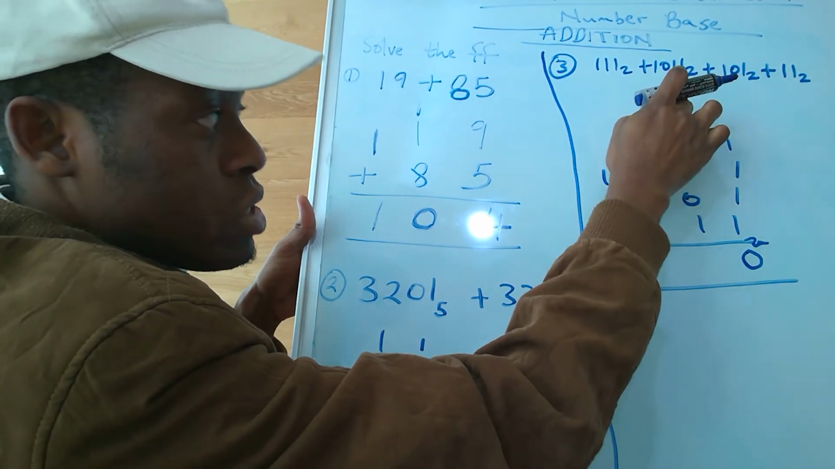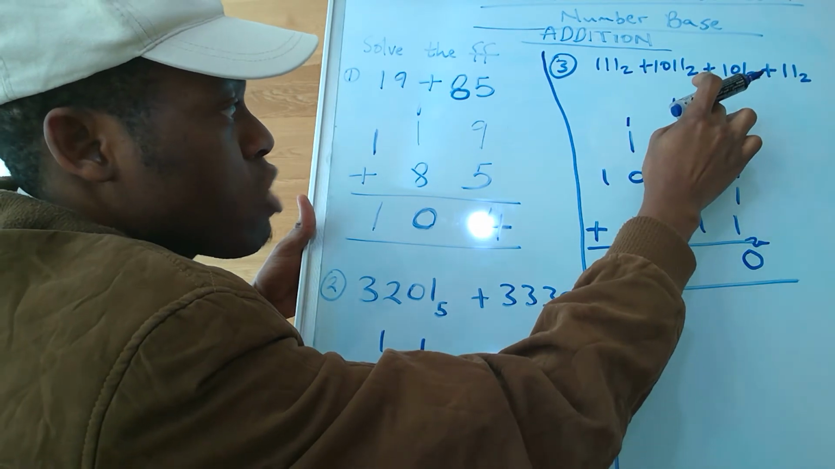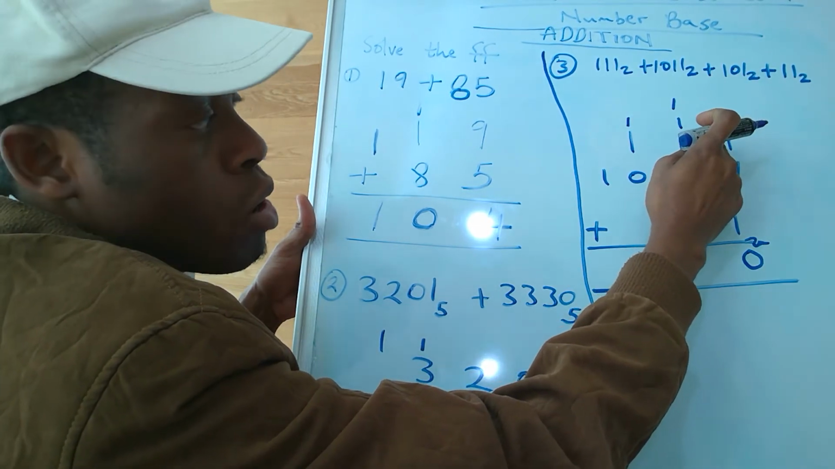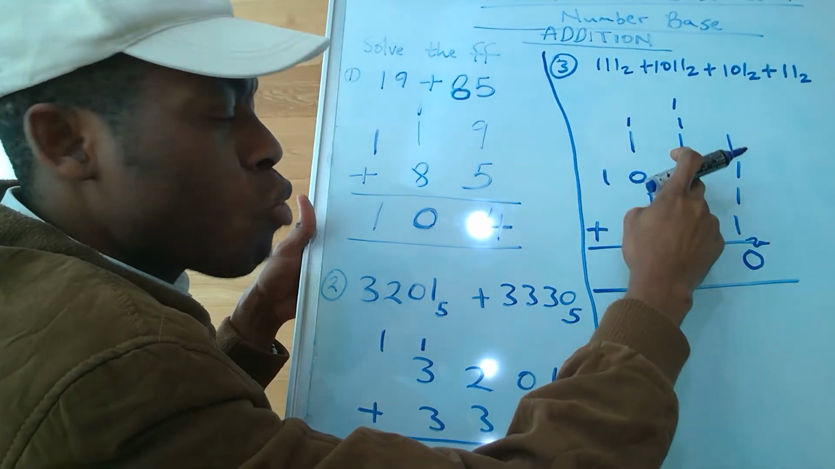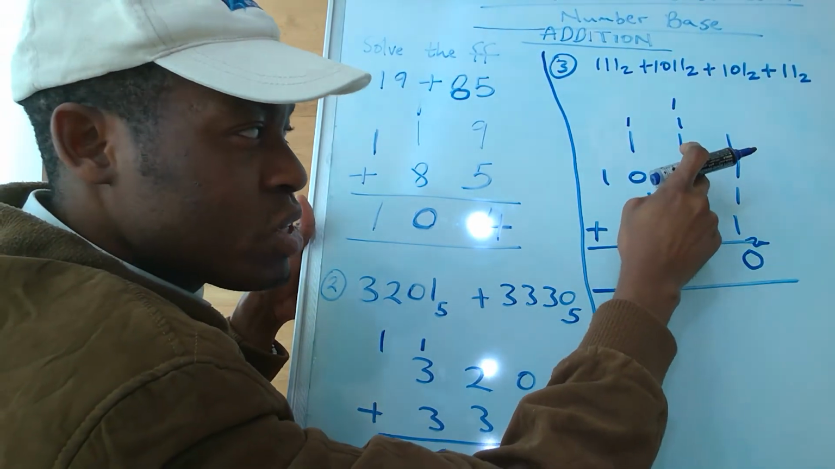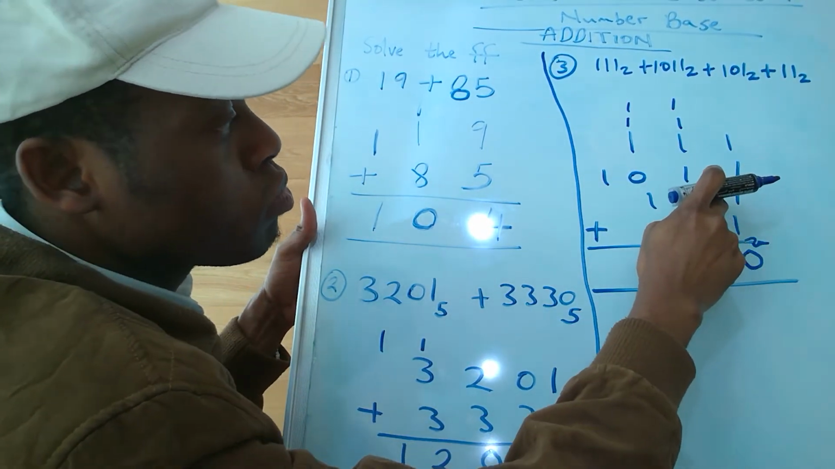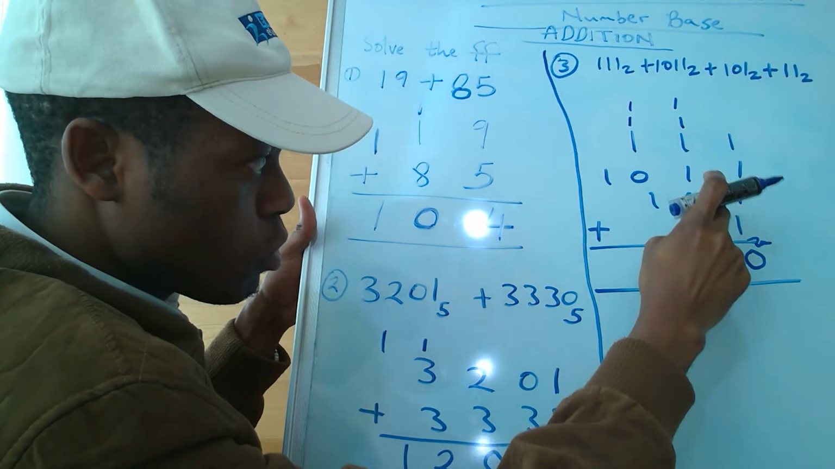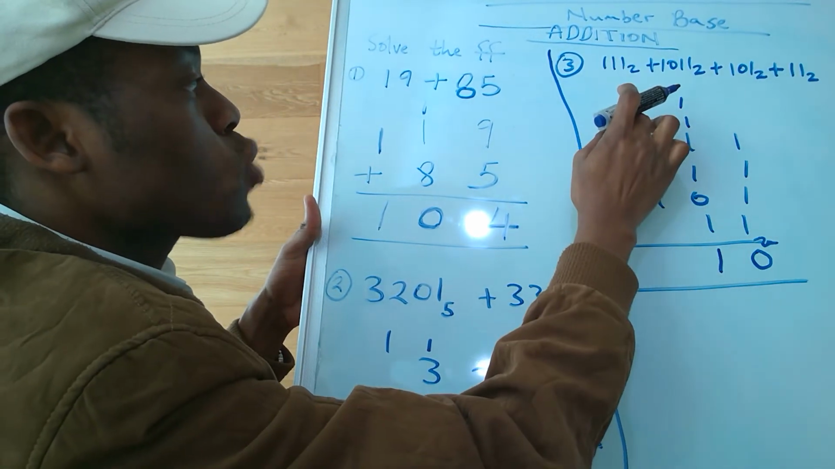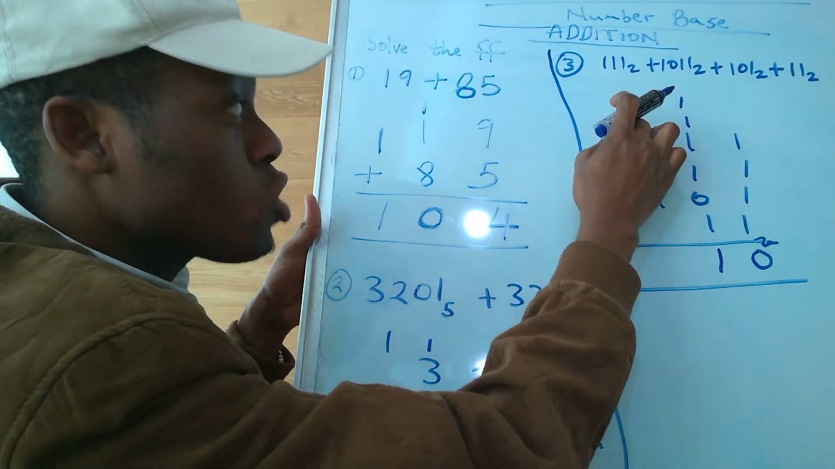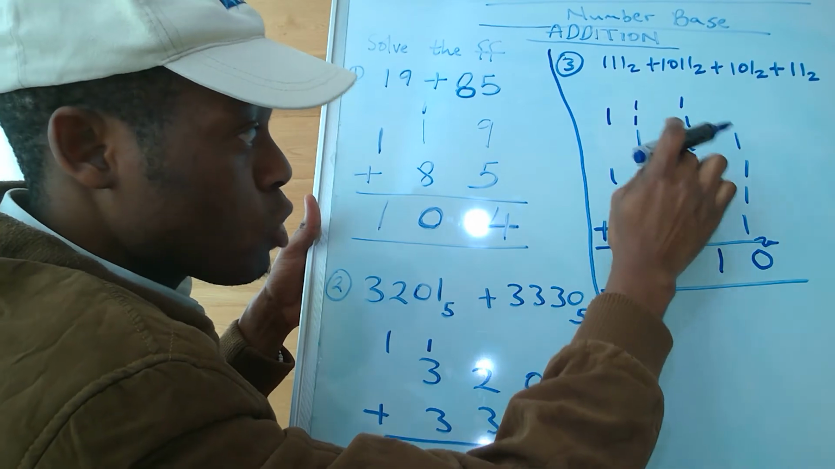1 plus 1, 0. It will add 1 to the next number. 0 plus 1, 1. 1 plus 1, 2 again. It will turn to 0 because we are working in base 2. It will add 1 here. 0 plus 0, 0. 0 plus 1, 1. 1 plus 1 is 2. It will turn to 0 and add 1 again. 1 plus 0, 1. 1 plus 1,